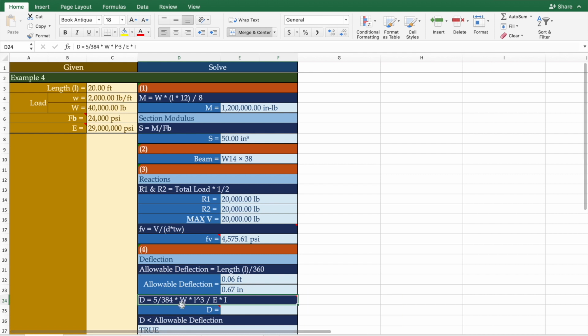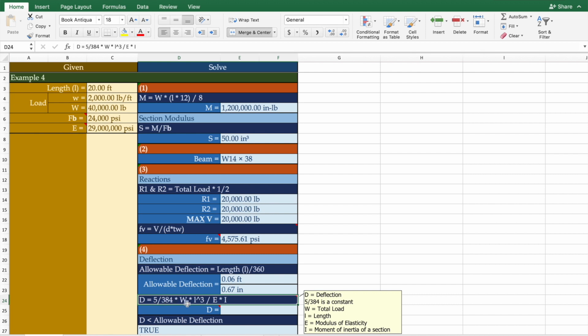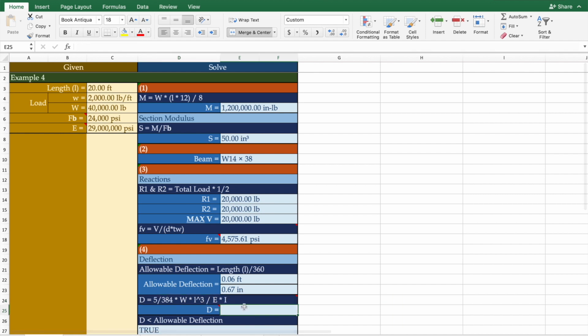Now to calculate the deflection on our beam, it's 5 divided by 384, which is a constant, times W, or total load, which I have in a comment here if you hover over that. L is length, E is modulus of elasticity, and I is moment of inertia of a section, which you can find in the chart. So I'm going to type in 5 divided by 384